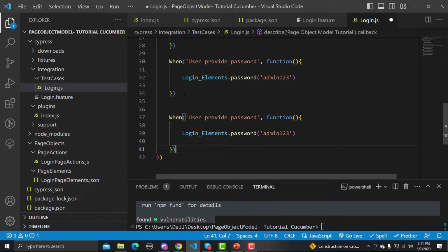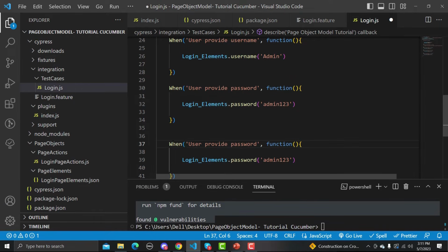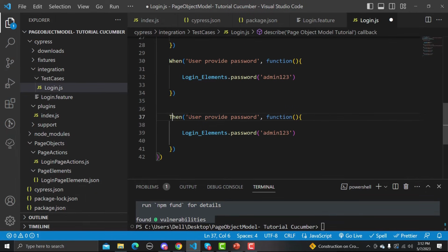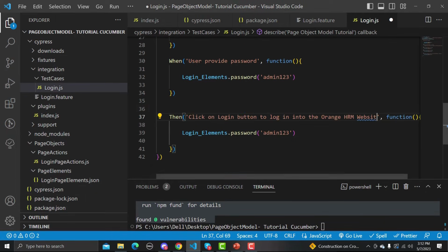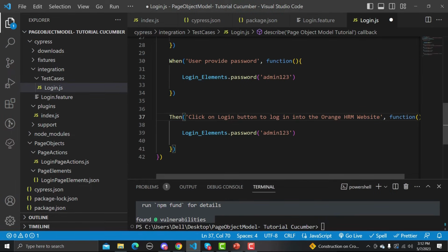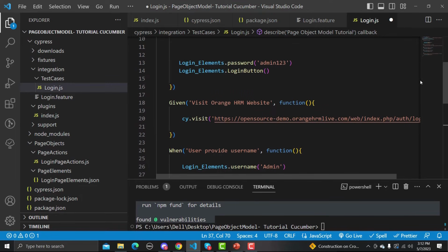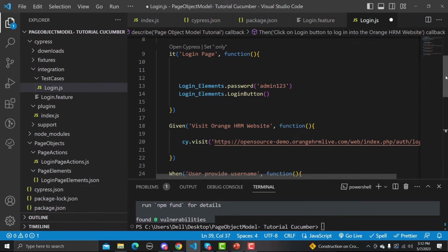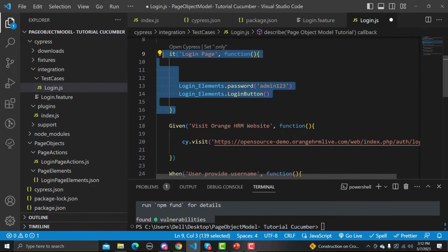So let me paste it here, change it to then, and now we need to also change this one. Copy this step from here and paste it here, and the final step from here. Let me copy this one from here and paste it here. As simple. And now I will remove this it block from here,